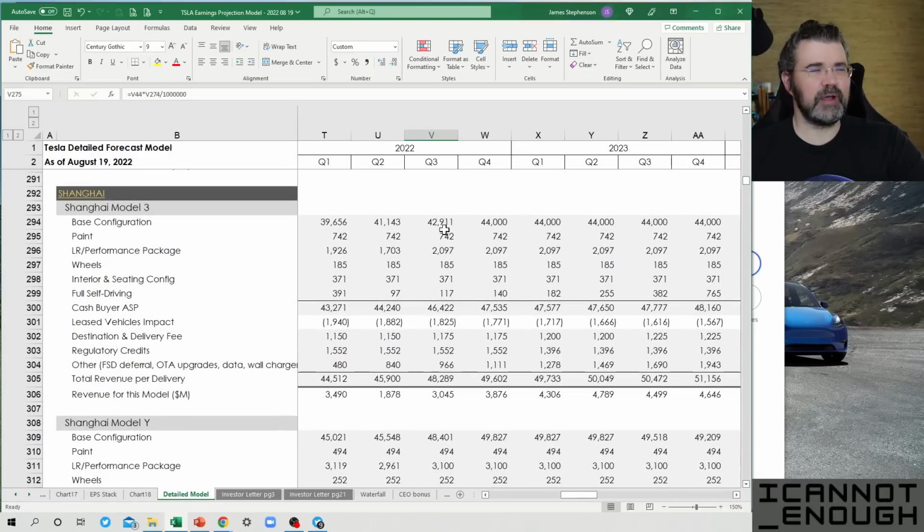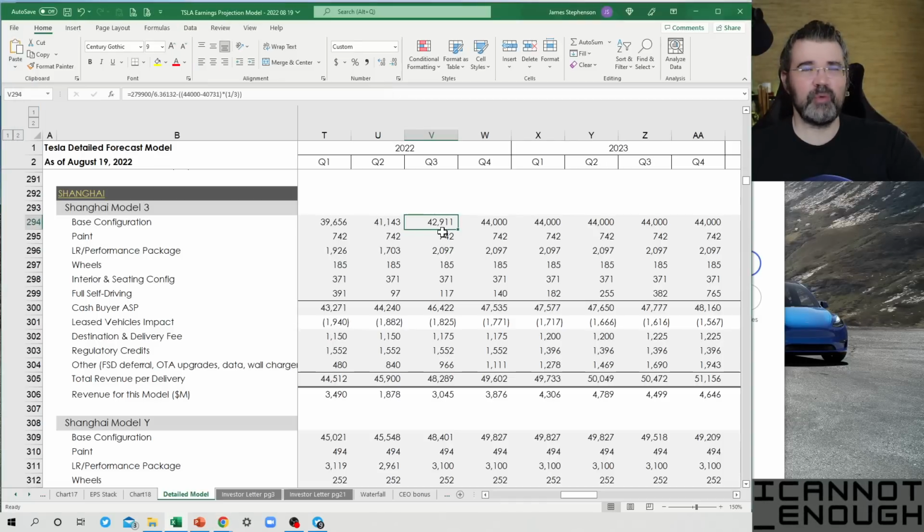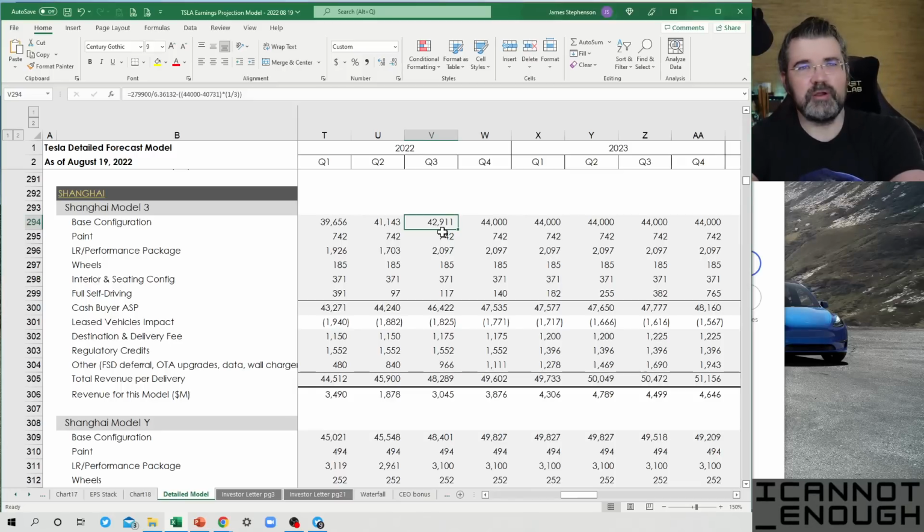Next we get to hop a plane across the Pacific over the North Pole to Shanghai, where we see a $42,911 base price. So can I even? Well, I'm not going to keep wasting time. You get the idea with the design studio and what's going on there. So these are denominated in yuan, Chinese currency. So I have to make a few more adjustments to these when I put them in. But you can see we're looking at a $44,000 base price for the Shanghai Model 3 going forward,